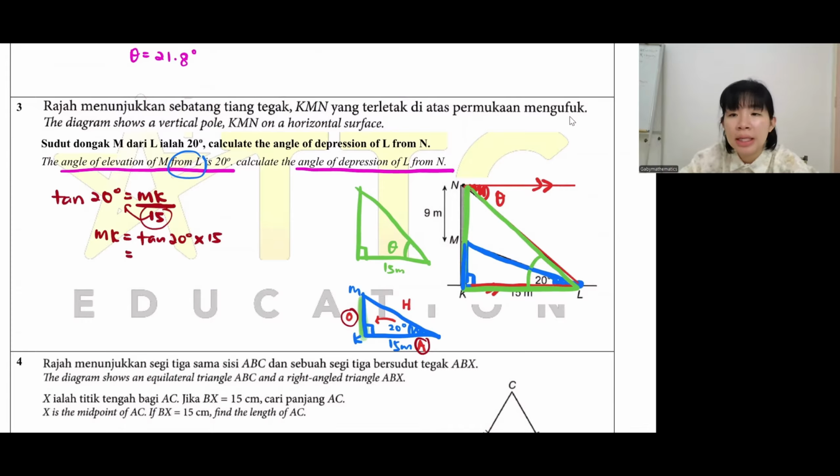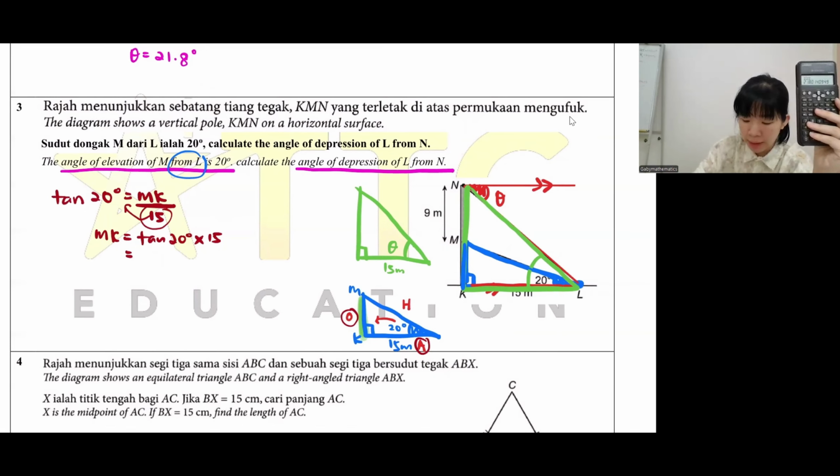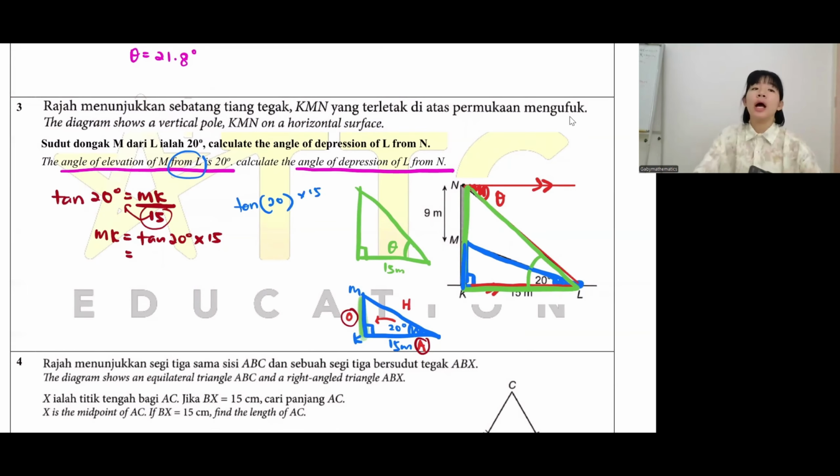Okay guys, key in your calculator and tell me what answer you get. If your calculator will open the bracket itself, but if you're using the other model, this classic one won't open the bracket. But if you're using the white, blue or pink color calculator, when you put tangent, it opens a bracket. So you key in 20, you have to close the bracket, then only times 15. Understand? Otherwise, your answer will be different. So tangent 20 times 15, do you get